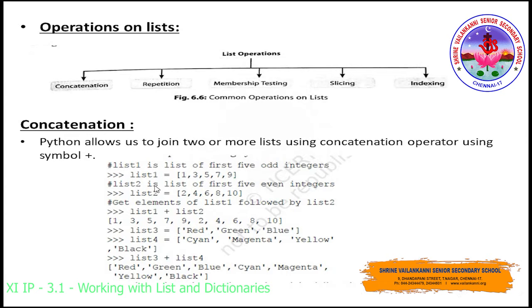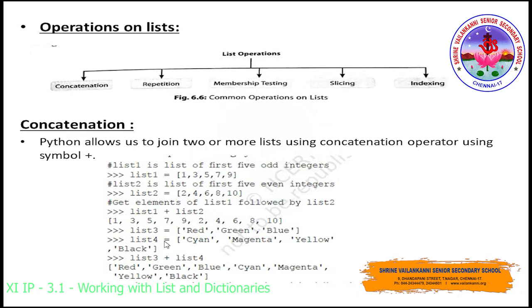If you see here, list1 is a variable, and for that list1 variable they have created a list: 1, 3, 5, 7, 9. Similarly for list2 variable they have created a list followed by that. So list1 plus list2, here they are concatenating both the lists together. When you concatenate these two lists, what will happen? It will join the two lists together and display them as a single list: 1, 3, 5, 7, 9 followed by 2, 4, 6, 8, 1. So everything will be displayed together as a single list value. Got it?